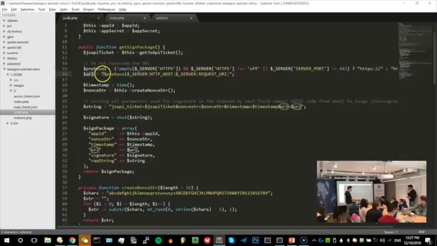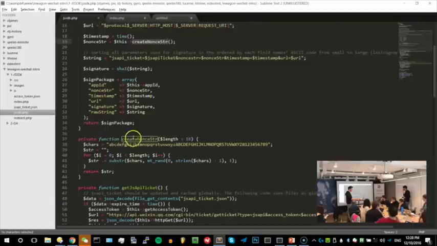What we did here is that the server knows the URL the user is accessing. Let's say the user is accessing the URL myawesomewebsite.cn. Then it's going to get this URL and store it inside the variable called URL. So that's two parameters. The third one is the timestamp, which is the current time, and the fourth one is the nonce string, which is a generated random string. If you look at generate nonce string here, you can see it's generating a string accordingly.